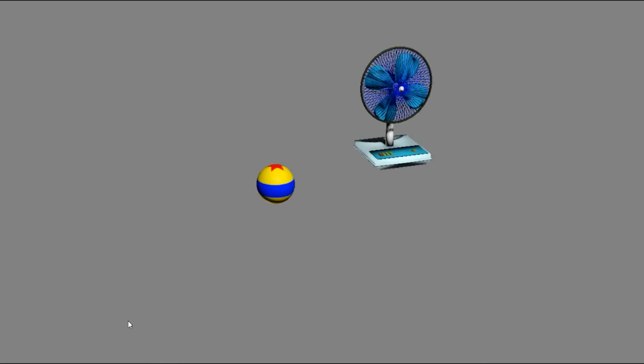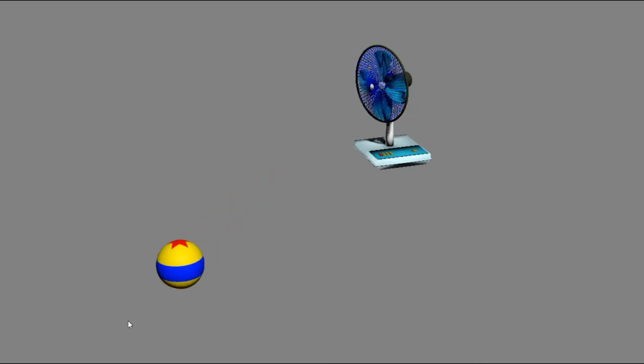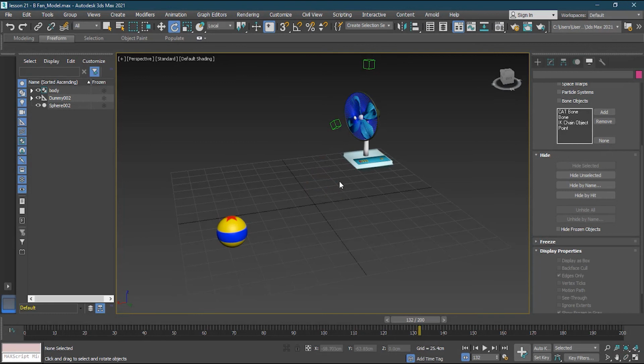So now you can see that the actual preview has been created. If I play it here, you can see how it looks. So this will be a file that you can send to your client or anyone that you want to review it. Plus it will be a very short file, and it will render in a very small amount of time. But if you want an actual file to render,